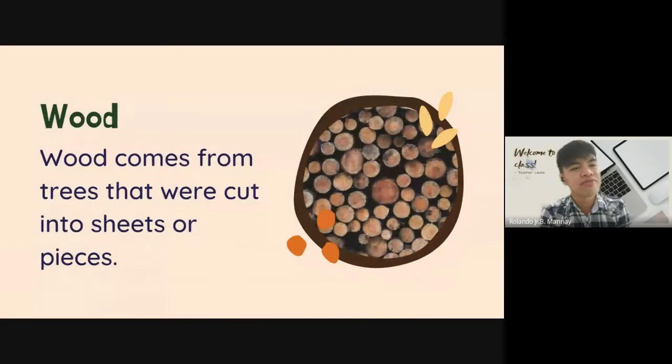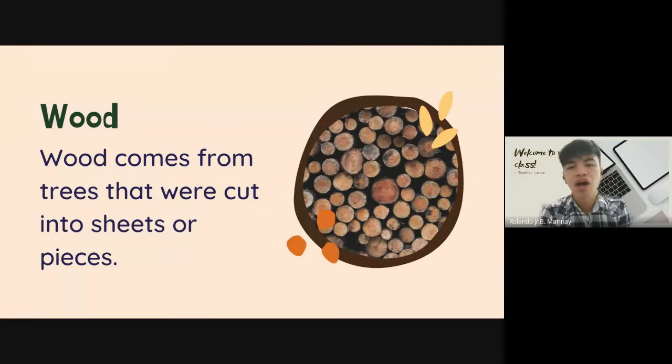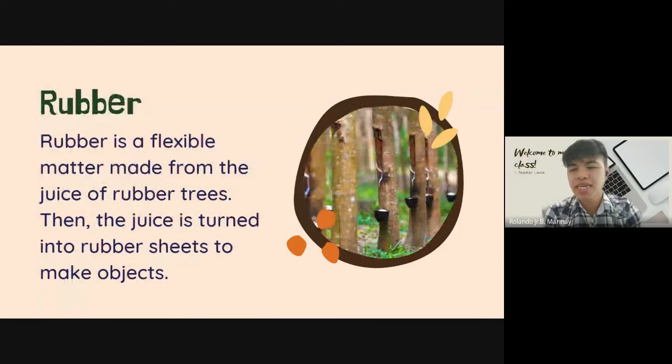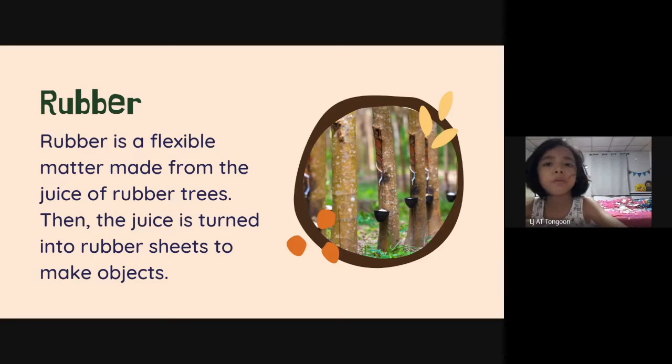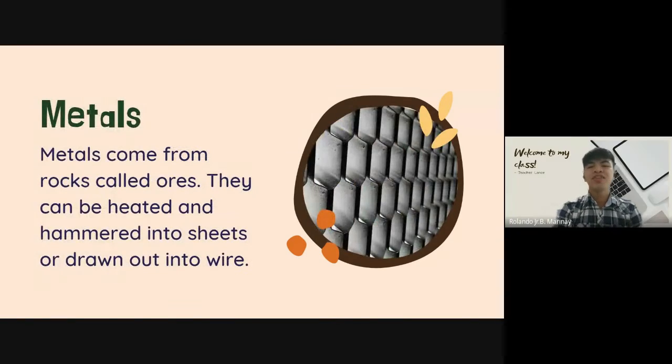Okay, let's go back first. What is this, everybody? Say wood. Wood. Okay. And the next one, what's this? Rubber. Rubber, very good. And the third one